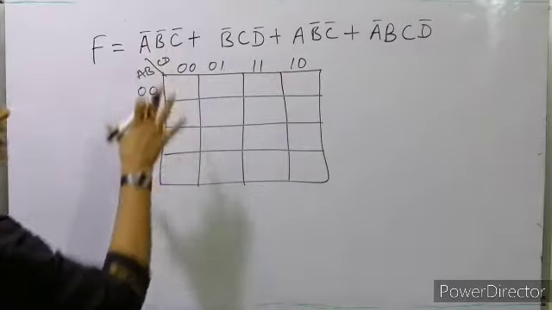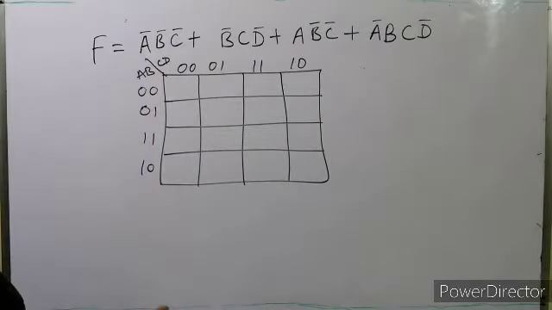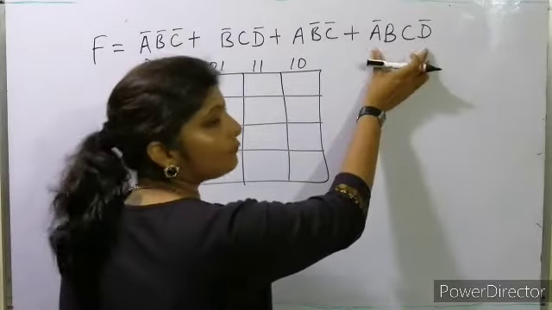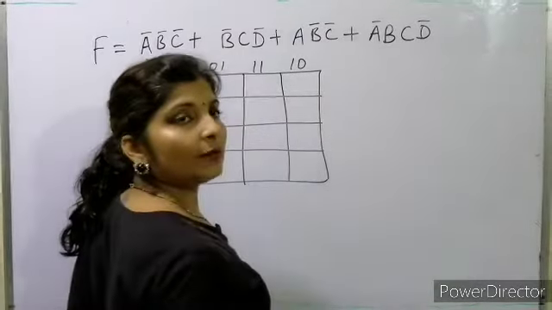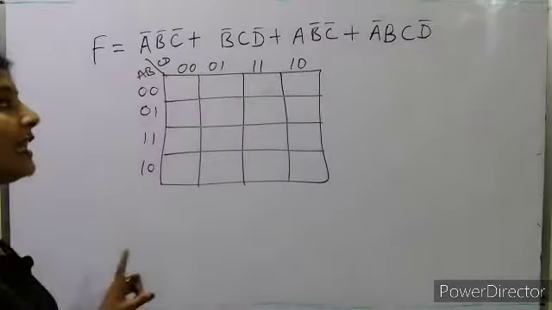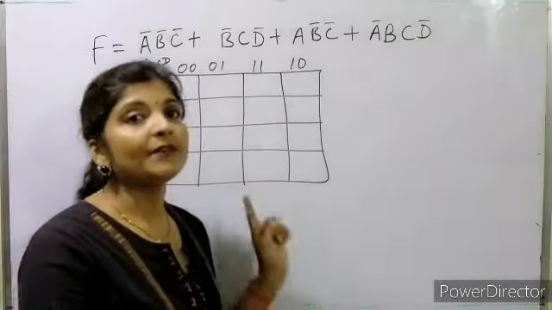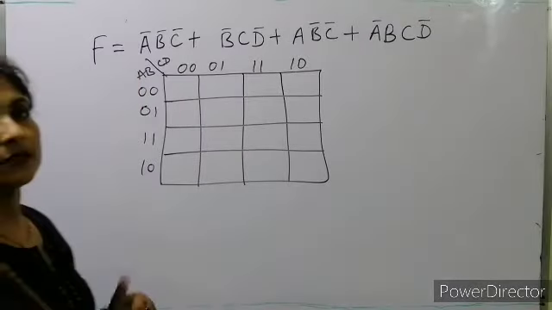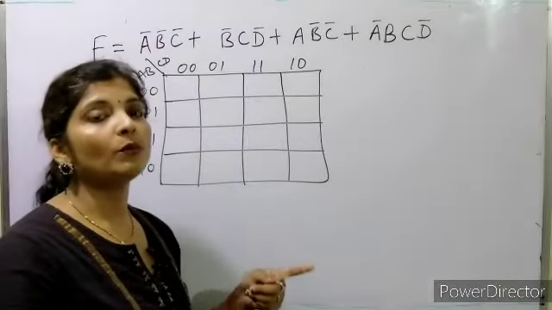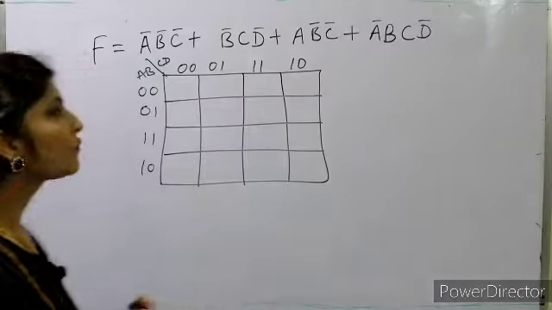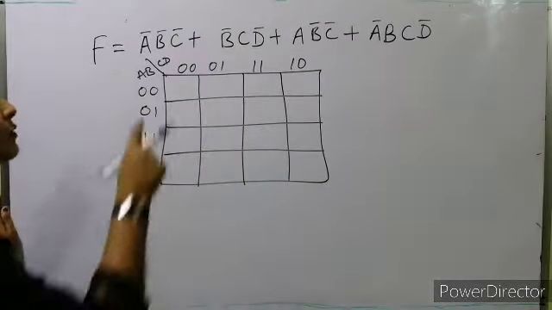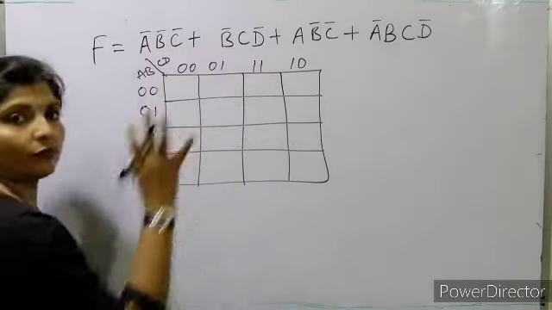Okay, so where will we put the 1s? For that, see, when 4 variables are used in the term, in a min term, there will be only one box in which we'll write 1. But when there are 3 variables, one is missing, so there will be 2 boxes where we need to write 1. Okay, for min terms we have to write 1, so there will be 2 boxes because one variable is missing out of 4.